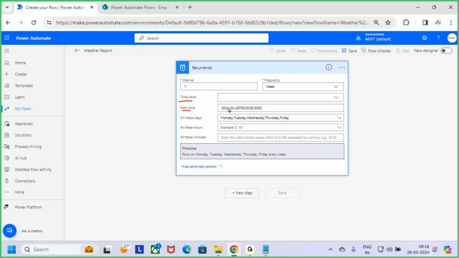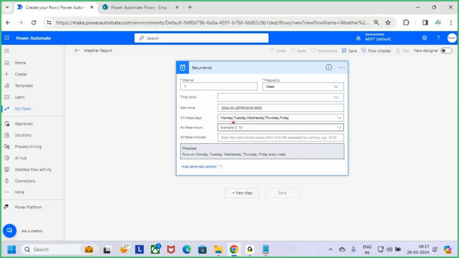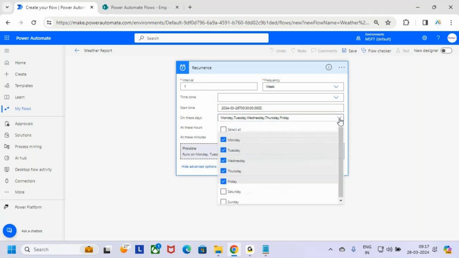And next, the start date. I'm keeping the start date as what? Today. If you want to change the start date, from here also you can go and change. And on these days, when I want to run this flow, Monday, Tuesday, Wednesday, Thursday, if you want to change it, you can go and change it here. You can select Saturdays and Sundays also. Next,